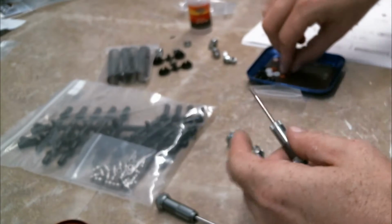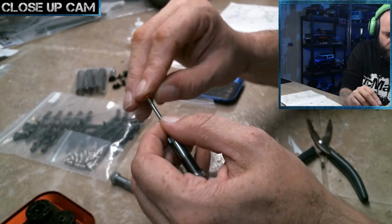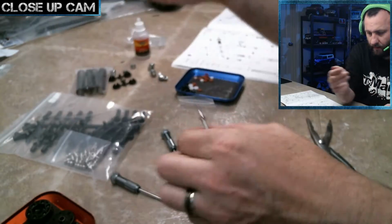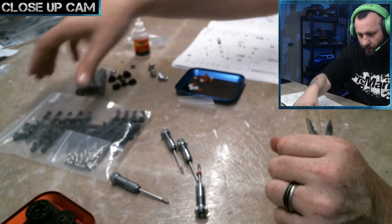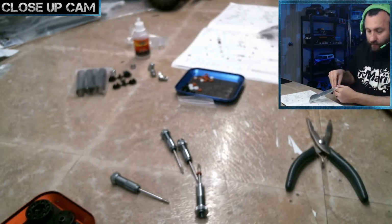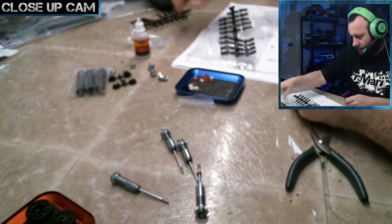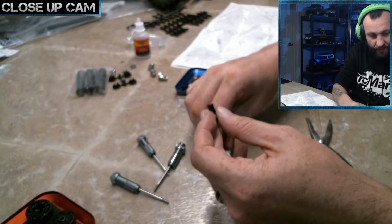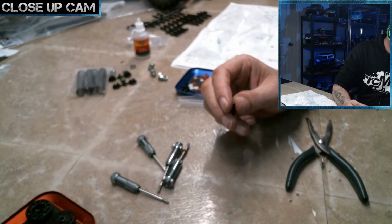So now we need to pop on one more ring. This is essentially a bump stop. Okay, then we're going to take one of our rod ends. I've built a lot of these shocks. A lot. Now, if I can find my knife,